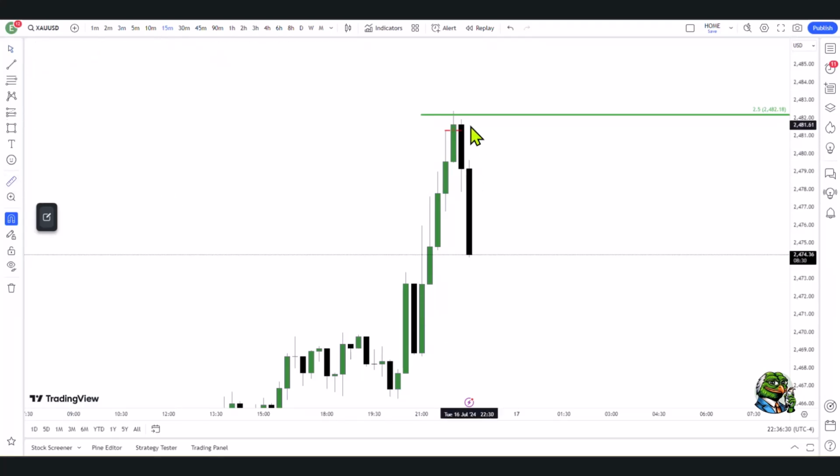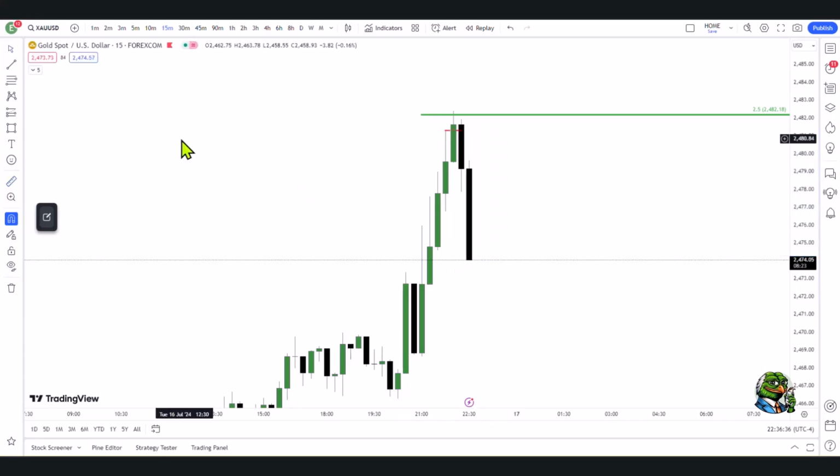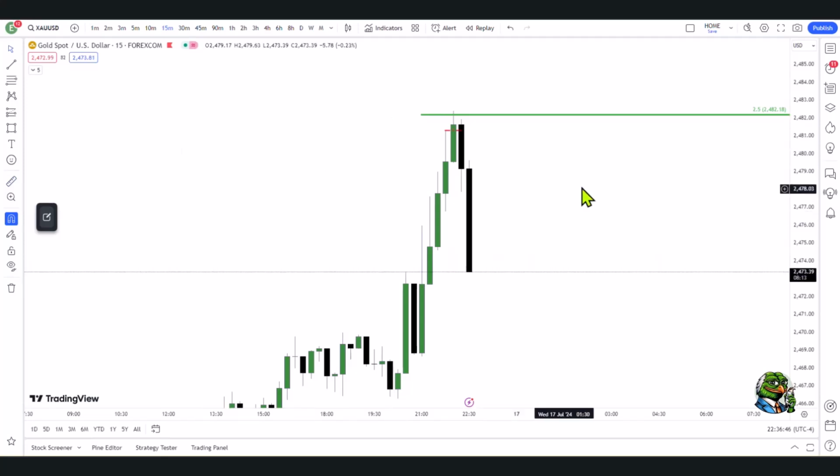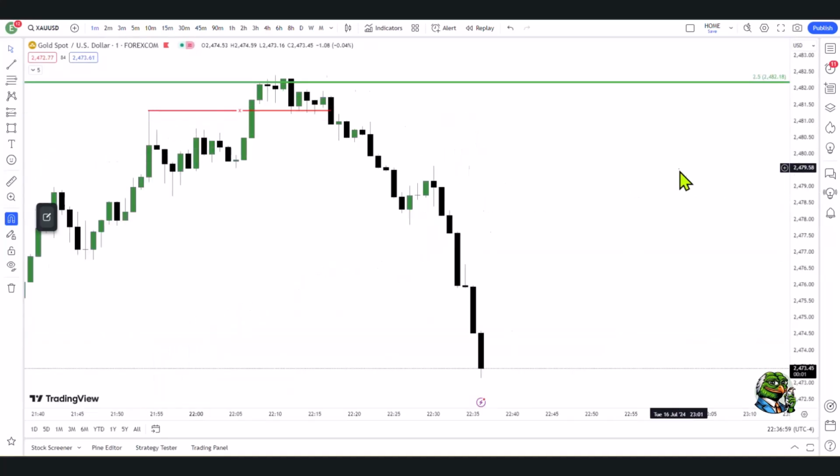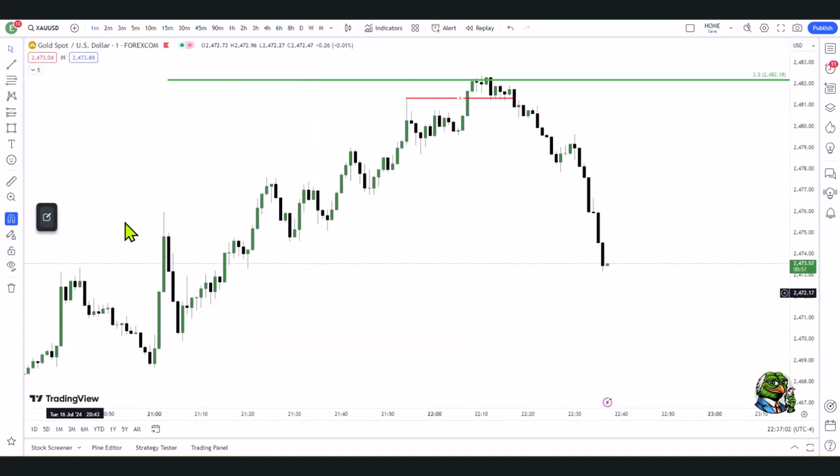That in itself is a pretty good level just to exit. It's only a 5 lot, it's not a 10 lot, because this is not a high probability trade. There's a lot of risk because order flow on a high time frame is bullish. So that's the basis of the entry that I want to walk you through. What I look at and think about when I'm taking this kind of short setup, and why I wasn't considering any one of these other highs as a potential change in direction.